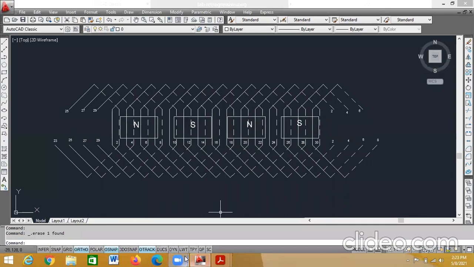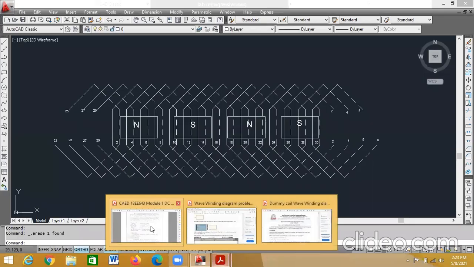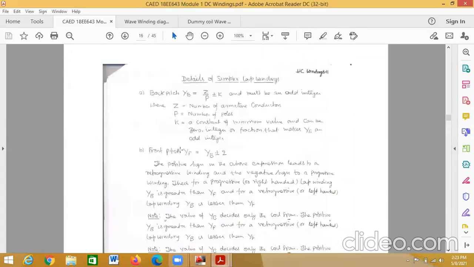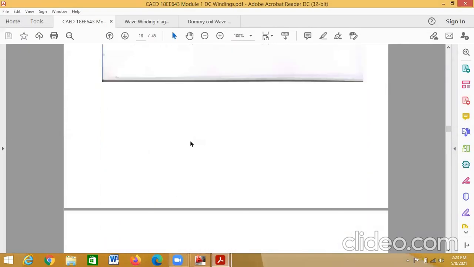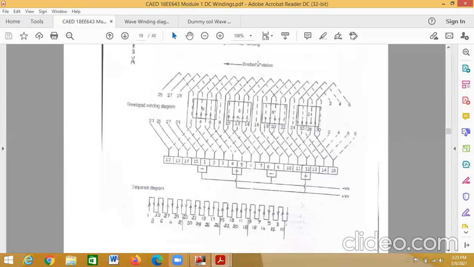After placing the poles, what you have to do? Next step. Pole placement is done. Next, I have to give the direction of rotation and direction within the north and south poles. As he has not mentioned whether it is generator or motor, I'll take generator. This is an anti-clockwise direction. Then north pole will be downward, south pole will be EMF induced will be upward.